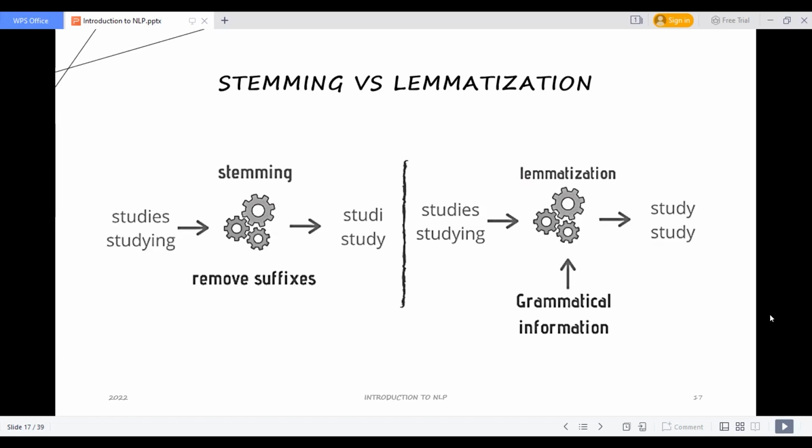Whether it is studies or studying in any tweet, it will take it as a single word, that is study. And stemming just removes the ending part of any word. It will convert studying into study and studies into study.